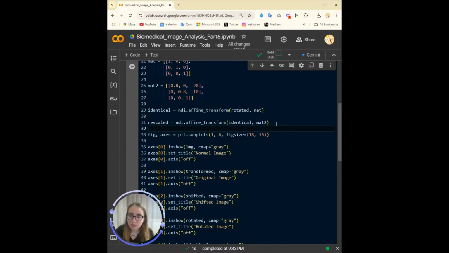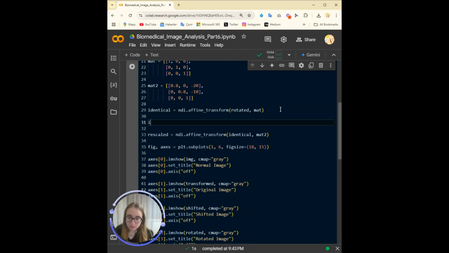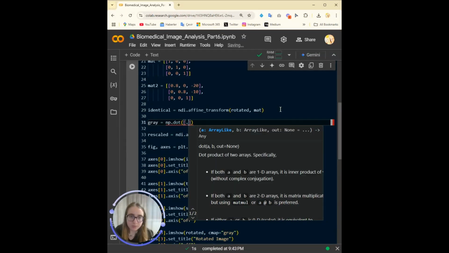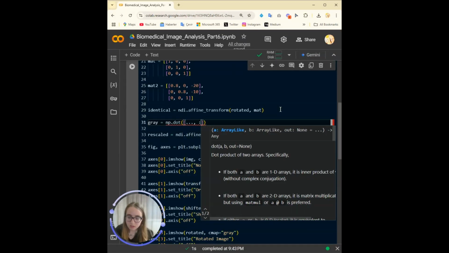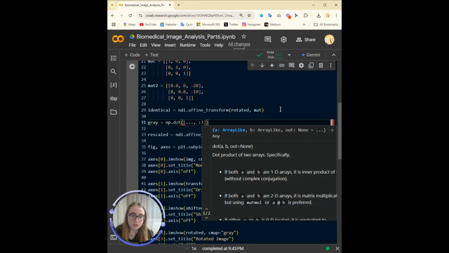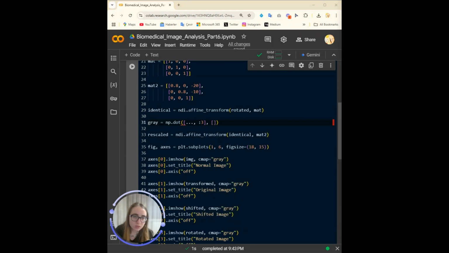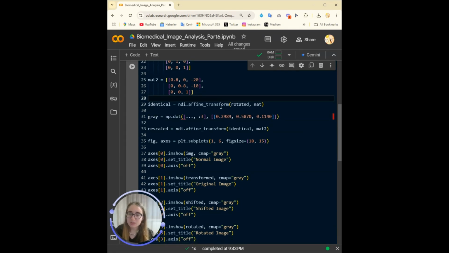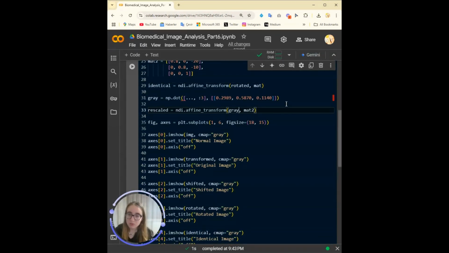So what we do is say gray is the np.dot. We have a formula for this. Say image, and then we take the dot product basically, and now it should be fine.